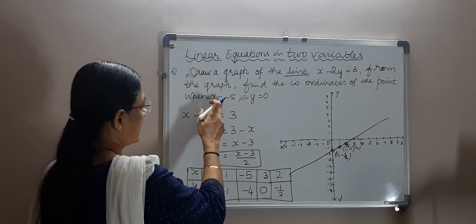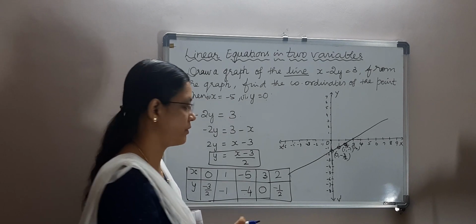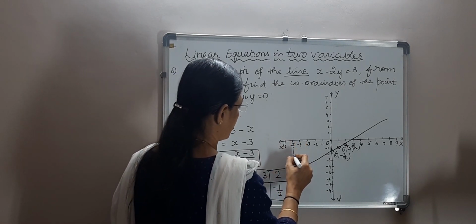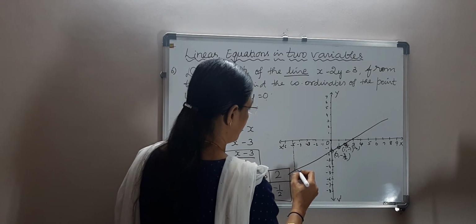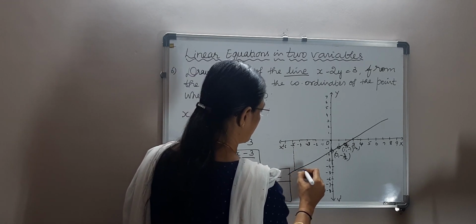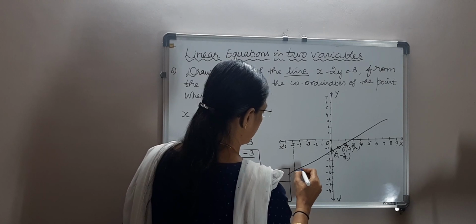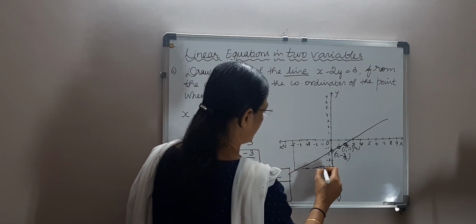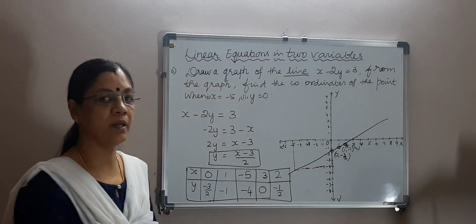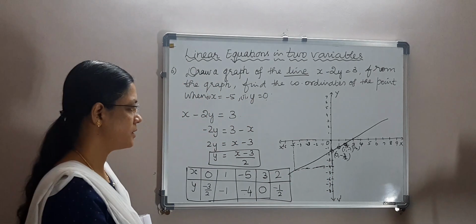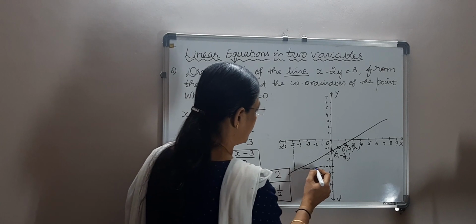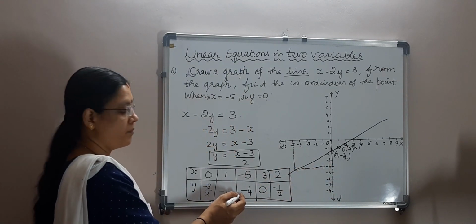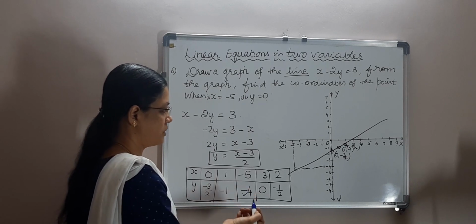Now what we have asked you, x is equal to minus 5, isn't it? So from minus 5 on the x axis, I drop a perpendicular to this line, and from this point I draw a perpendicular. Use a graph when you mark the points so that it will be accurate. Since this is just an approximation, I've drawn it here. See, for -5 you're getting -4 approximately. So we have -4 here. Okay, so this point is right.